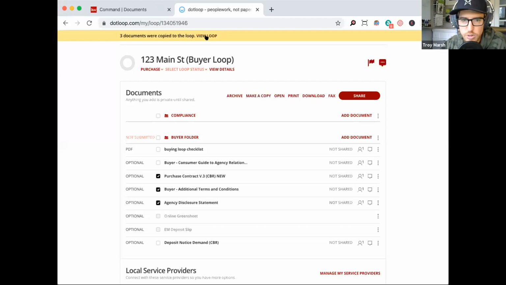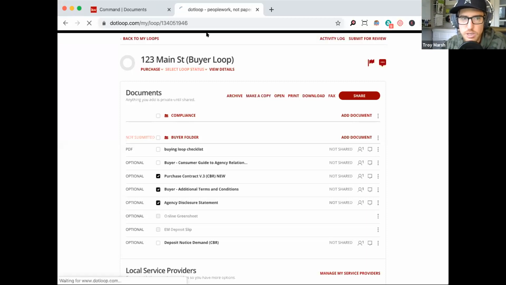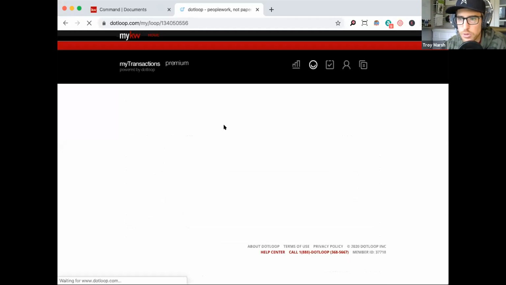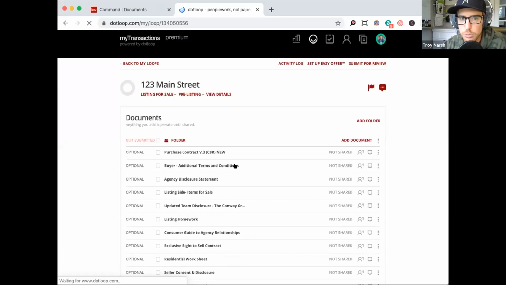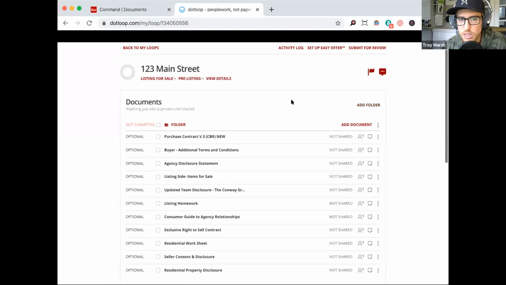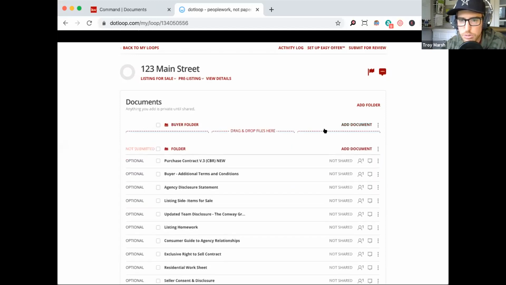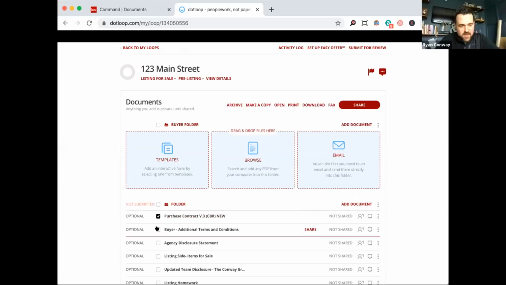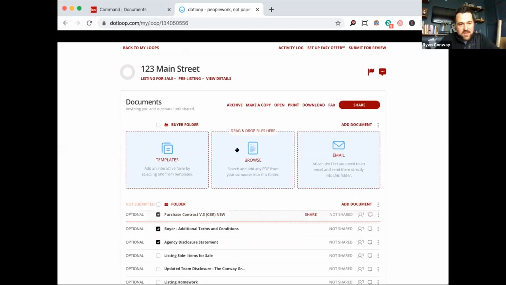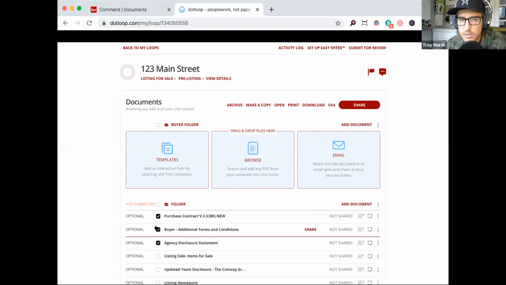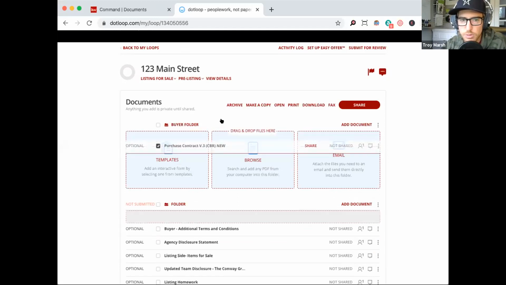And then once you click OK, then up at the top, it's going to say 3 documents were copied to this loop. Do you want to view the loop now? You click on view loop, and now it took you to the listing loop. And now here right at the top, it's showing you those 3 buyer documents that moved from that other buyer loop. This one, and this one. And so now those are in there. Oh, I can only drag one at a time, can I? Yeah, you could move them if you wanted to, but